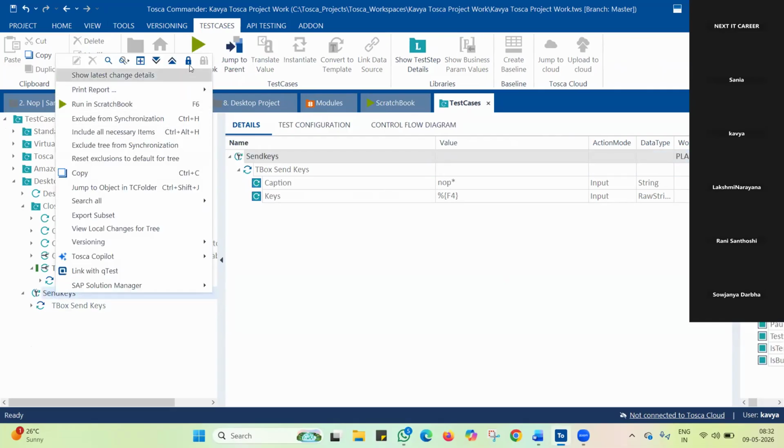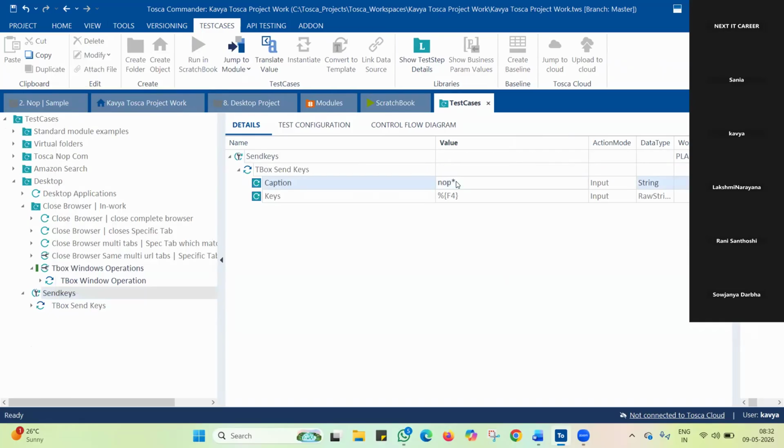So it should match the tab, like any one window, like if I'm opening one Udemy, one ChatGPT, one NOP, everything, and one new tab is open, it should match any one title and it will close the complete browser. Based on the title name you mention here, it finds the respective window, and then it